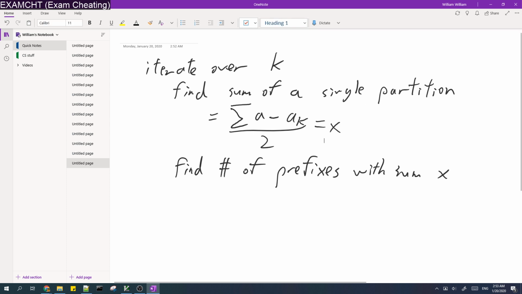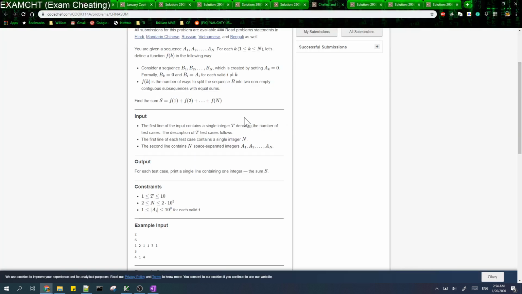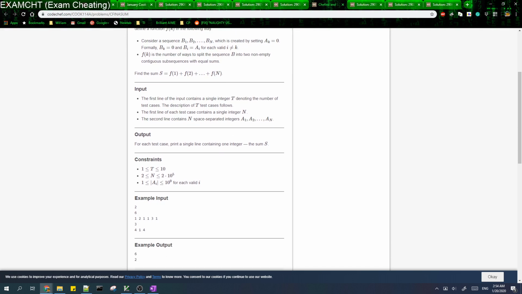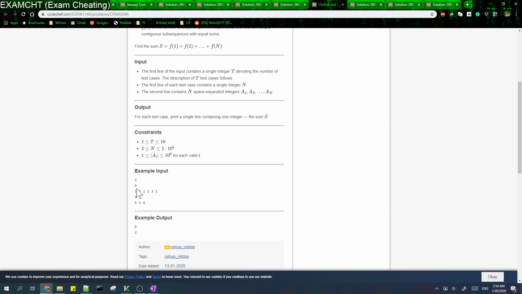So basically, if we have a prefix with sum x, then that means that the suffix will also have a sum x. So if we choose the prefix and the suffix, then that means we will find a way to split the sequence into 2 subarrays. So for example, for the first test case over here,